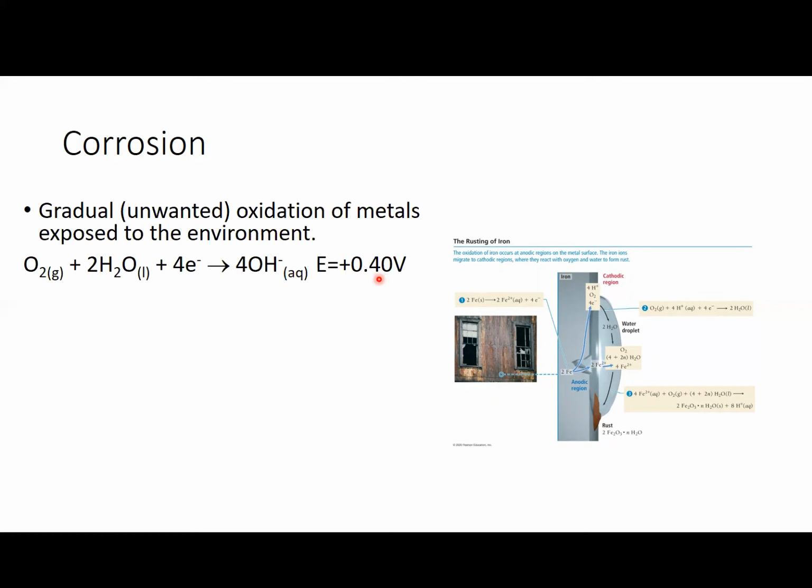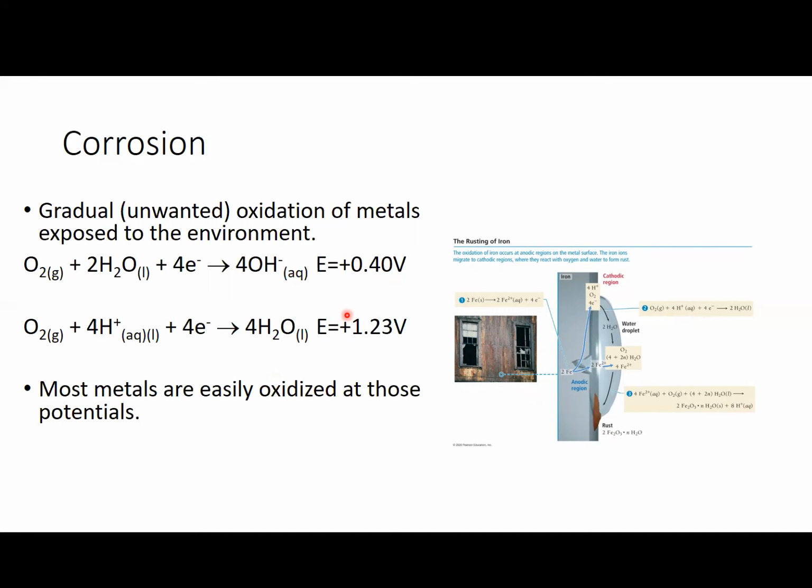So we have oxygen going to make hydroxide. And then if there is acid around, oxygen in the presence of any kind of acid, when we have acid rain currently, the voltage goes way up, which means that it becomes an even better species for doing this. So most metals get easily oxidized at either of those potentials. And so if you have an exposed metal surface, we tend to see corrosion on that surface over time,